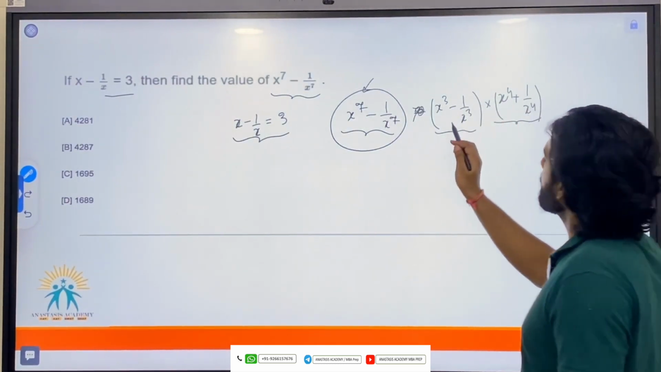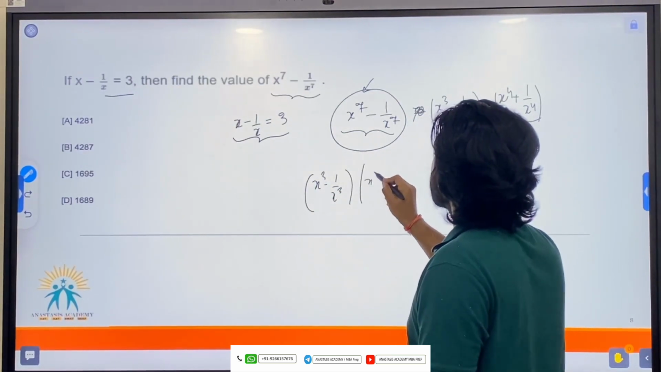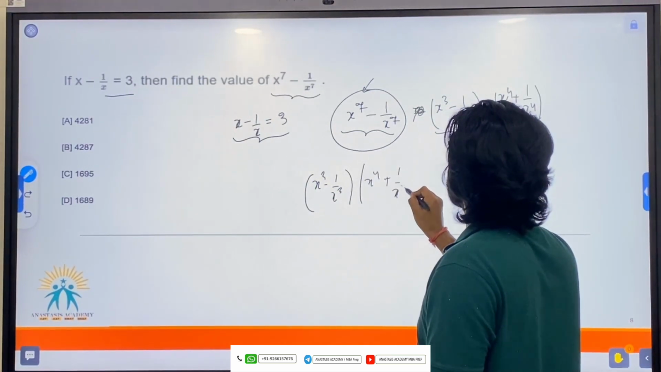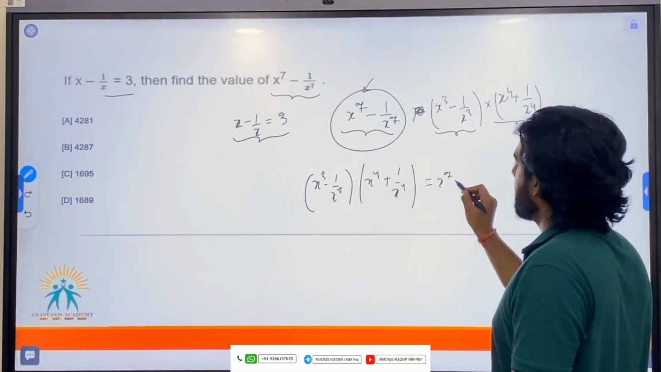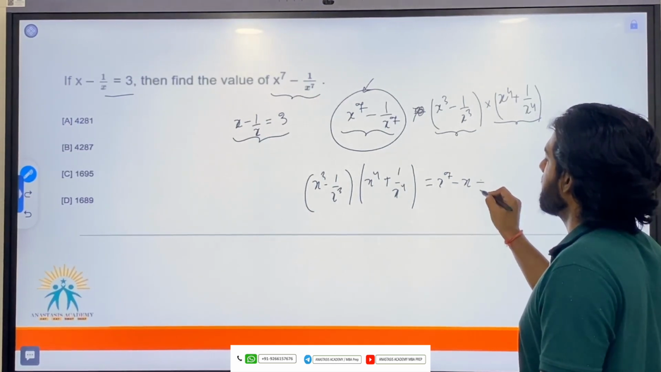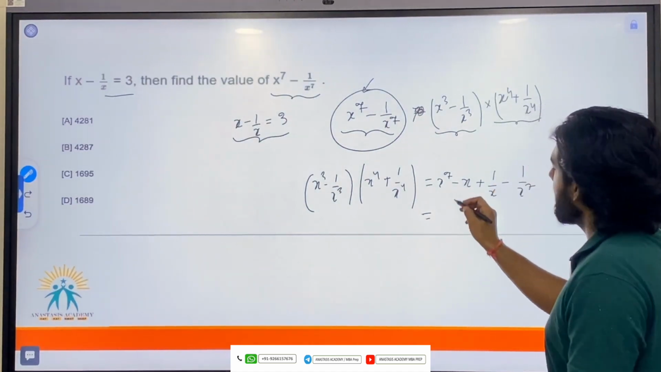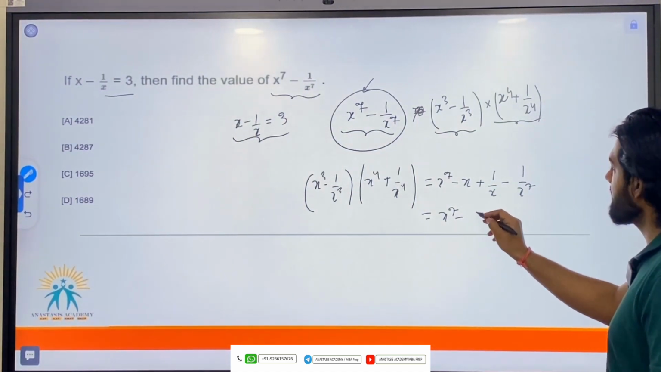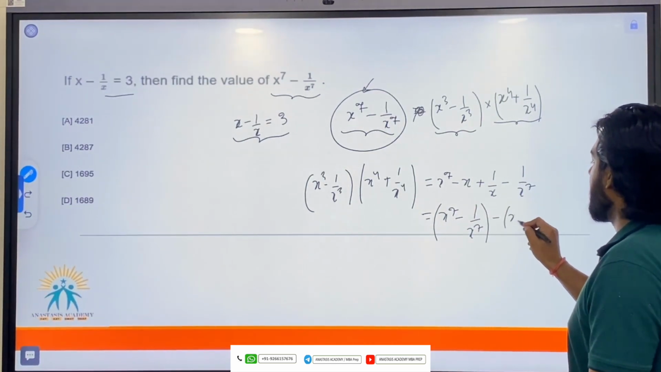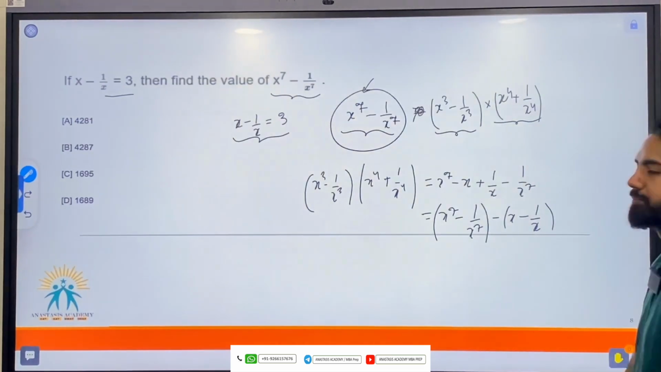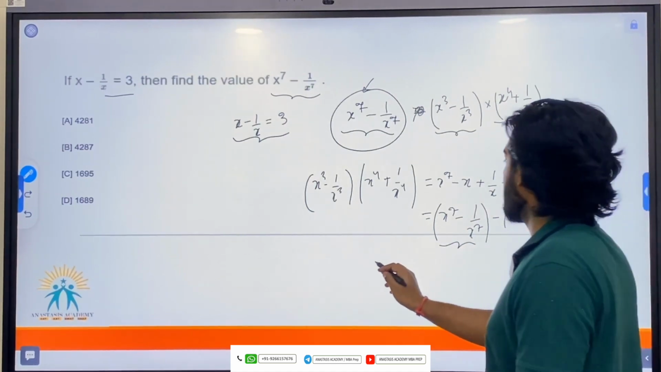If I multiply these two, I will get x cube minus 1 upon x cube into x raised to the power 4 plus 1 upon x raised to the power 4, which becomes x raised to the power 7 minus 1 upon x raised to the power 7, plus x minus 1 upon x. So separating the terms, I can write x raised to the power 7 minus 1 upon x raised to the power 7, and if I take the minus common, it becomes x minus 1 upon x. So to find the value of x raised to the power 7 minus 1 upon x raised to the power 7,